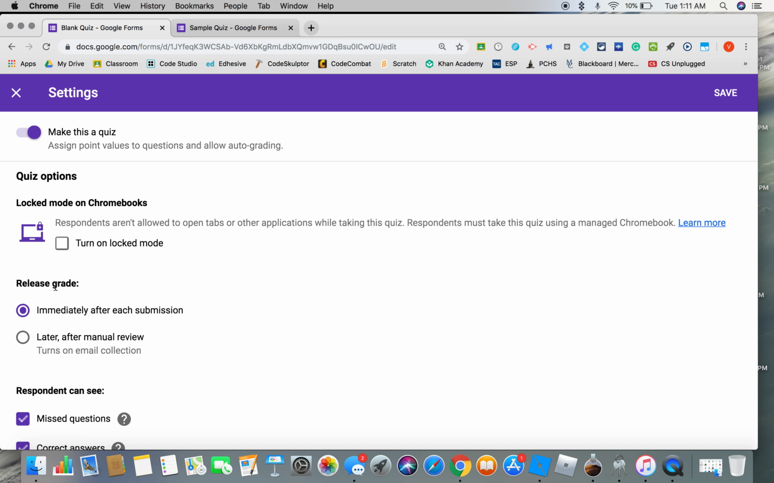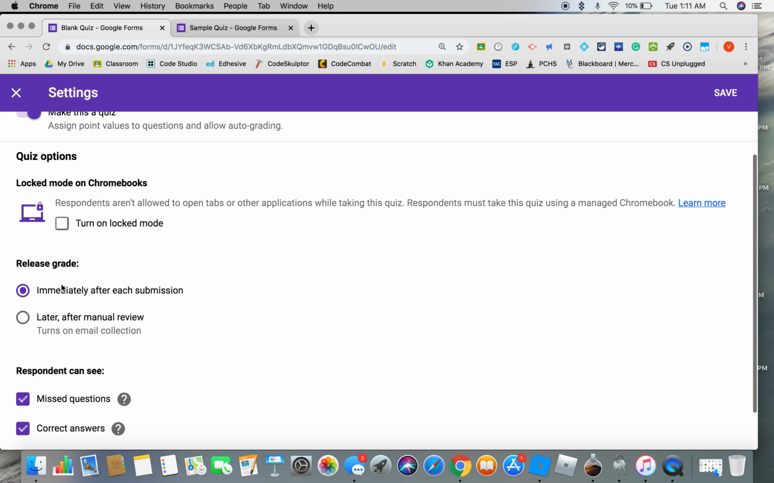Now, the default for release grade is immediately after each submission. And if you're using questions that are going to be automatically graded, like multiple choice or short answer, just leave it on this setting. But if you're using the paragraph style questions that you have to grade yourself, click on later after manual review. This will automatically turn on the email collection we talked about on the other tab so that students will get an email after you've graded their quiz. So I'm going to click save on these settings